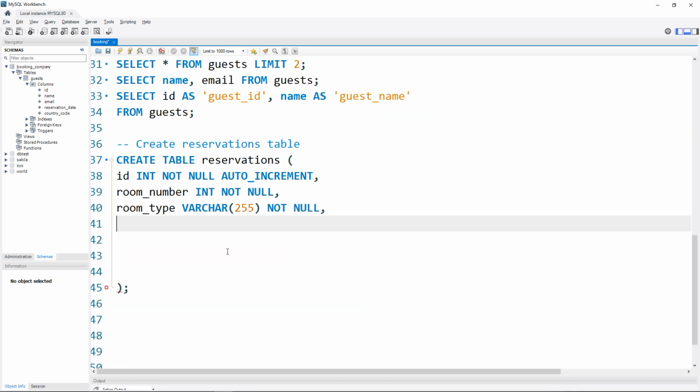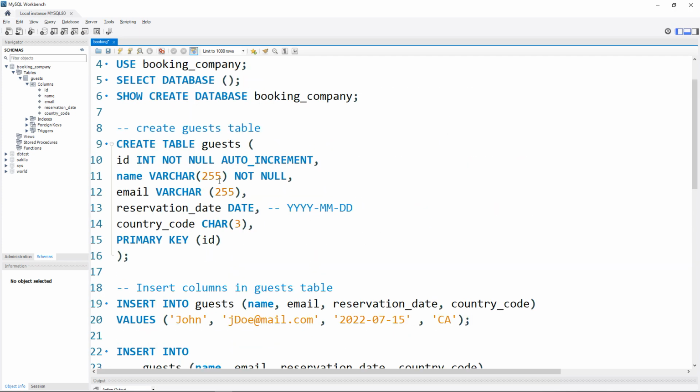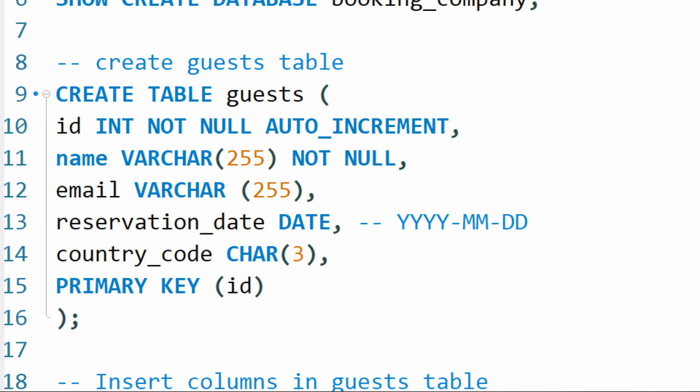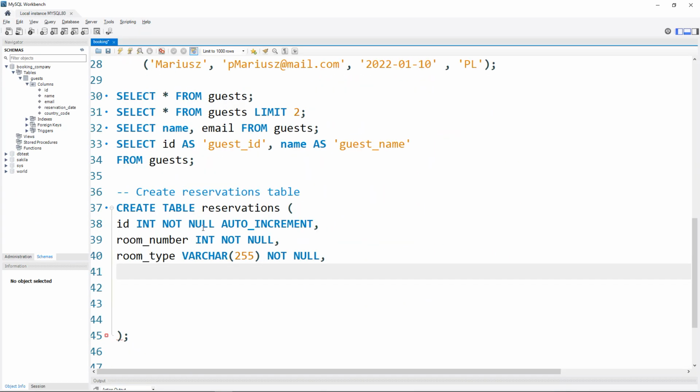And then I need the guest ID. Well, the guest ID can be located in the guests table. That ID number is actually the primary key. So this primary key will be the foreign key in the reservations table. Let me show you how to do it. So let's get back to our reservations table and let's create guest ID column. So this guest ID also of type integer